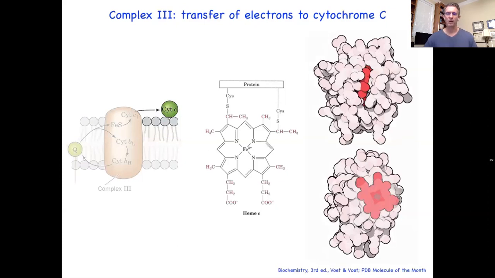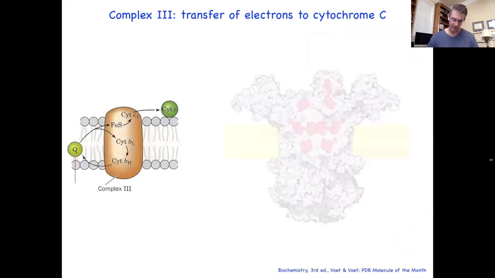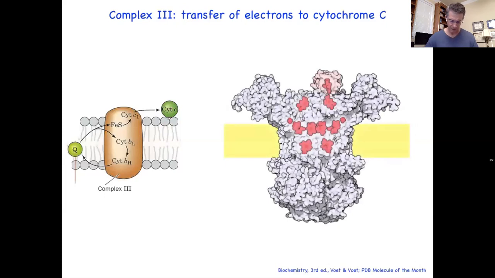And that little edge becomes really important because when the dihydroubiquinone comes in with that primary site, it splits those electrons, right? Here's that Rieske iron sulfur, there's the C-type cytochrome, there's the B-type cytochromes, and the second ubiquinone binding site is down here. The top pathway goes up, and when this C-type cytochrome at the top, sticking out of the complex into the intermembrane space, gets reduced,